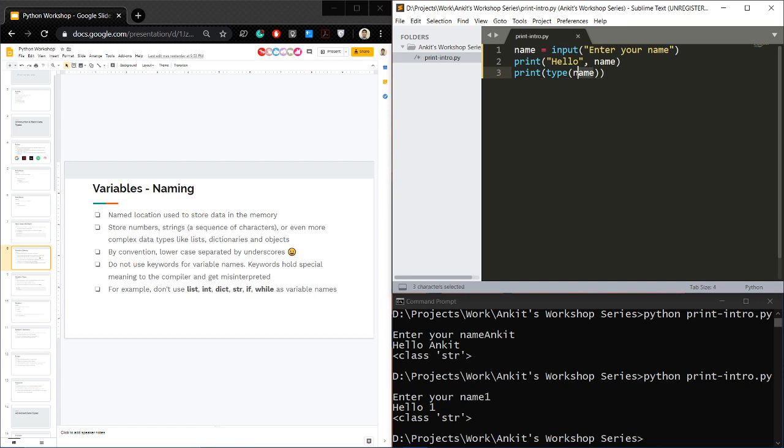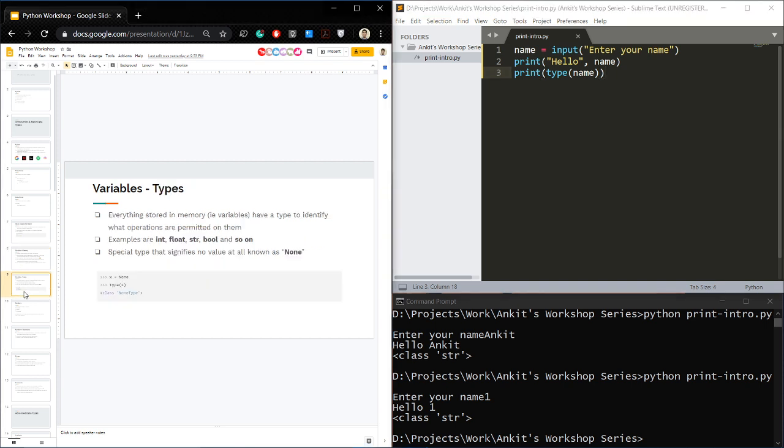So I create a variable called name. I put whatever was input inside it. I then printed stuff, and then I tried to print what type of data is saved inside the variable. So we have a bunch of types. There's integers, that is displayed as int. There's floats, which is basically real numbers. There's strings. Now strings are basically